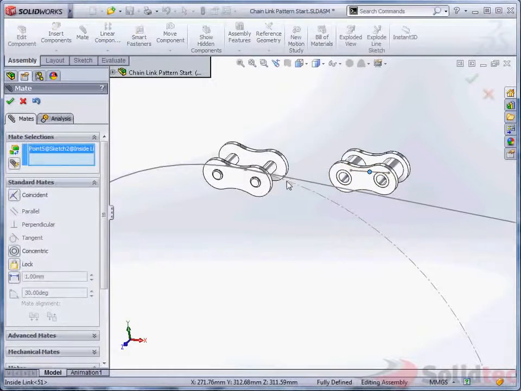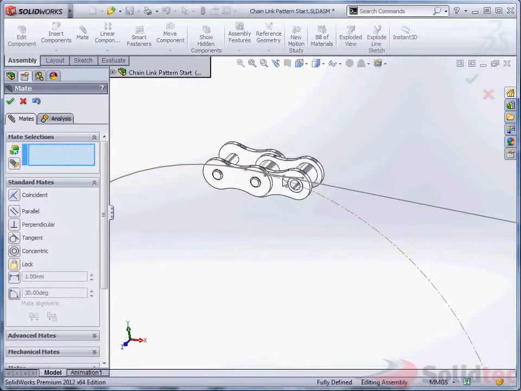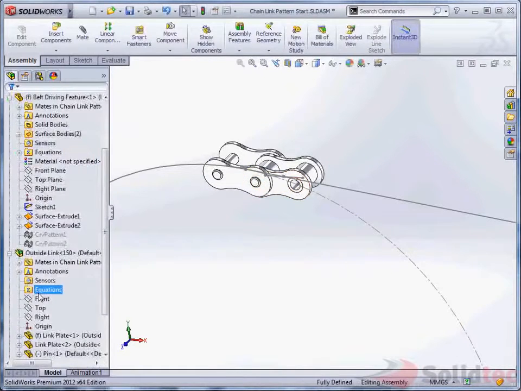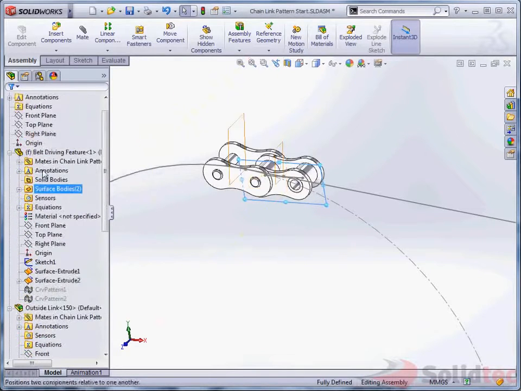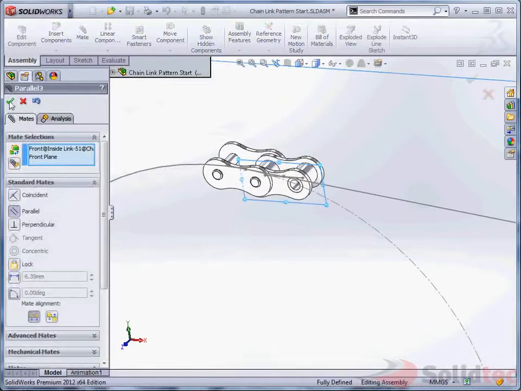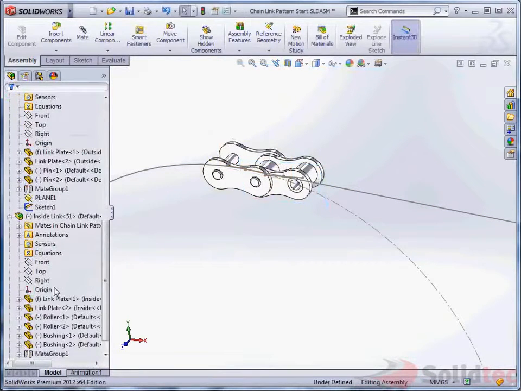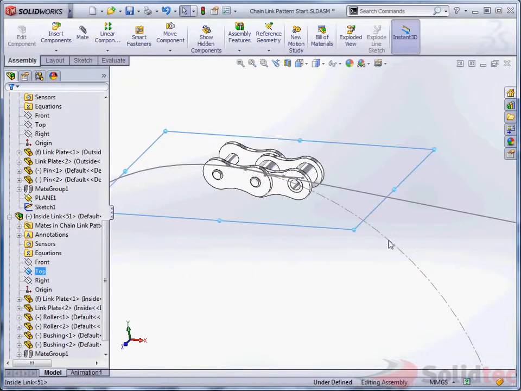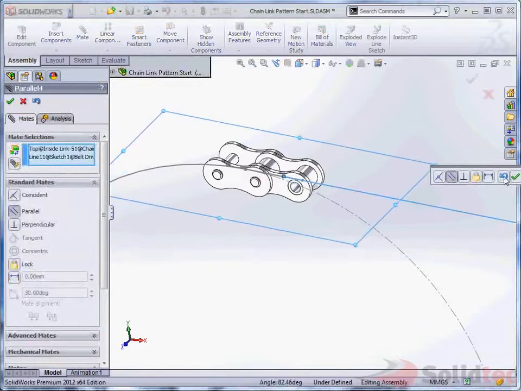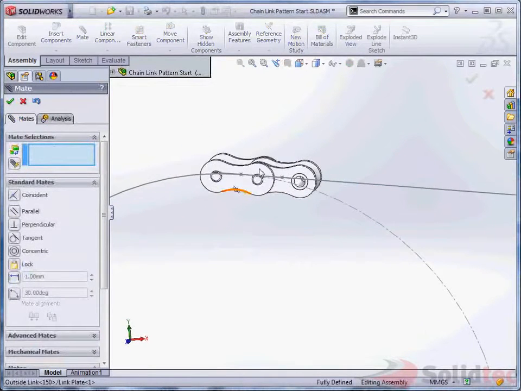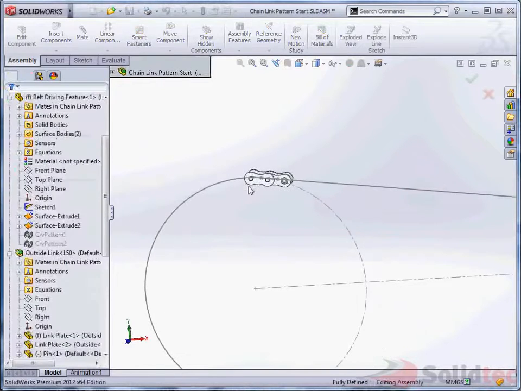Okay, and we're going to do the same in here for the second piece, and this is also going to be mated parallel. And lastly, top, and this will be parallel. So pretty straightforward. All I'm doing is making a single component, but we're going to take advantage of a component